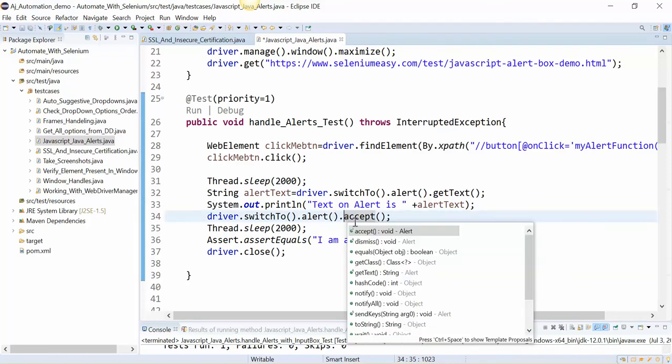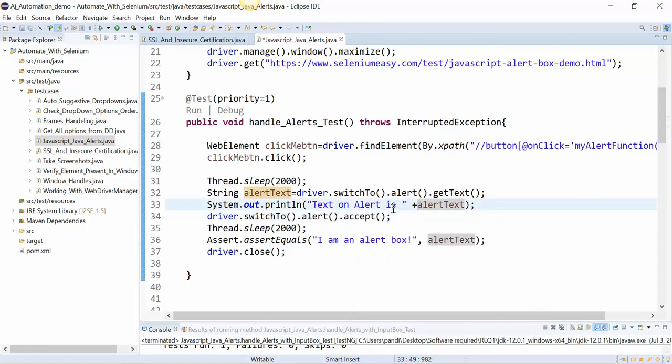You can see here all these methods are displayed. You can go through the list, and you can see that this is the send keys method. Okay, if you want to enter some text on the alert, you can use this method, and the get text method. So these 4 to 5 methods are very useful in our framework or your Selenium scripting.